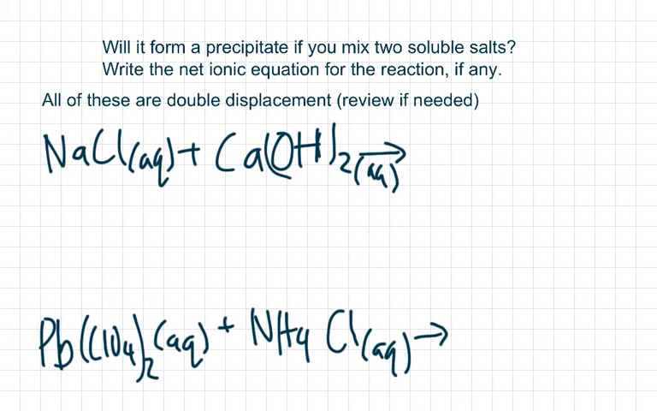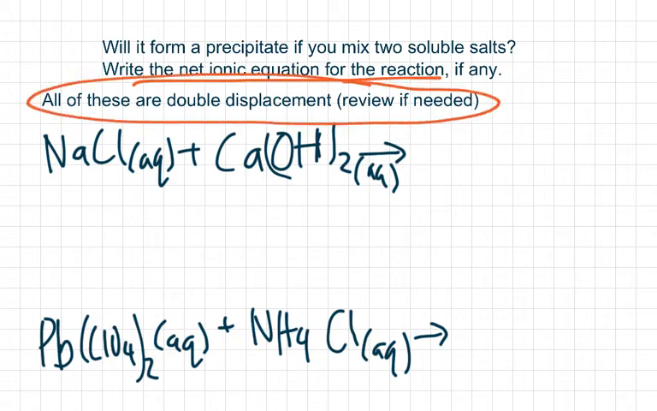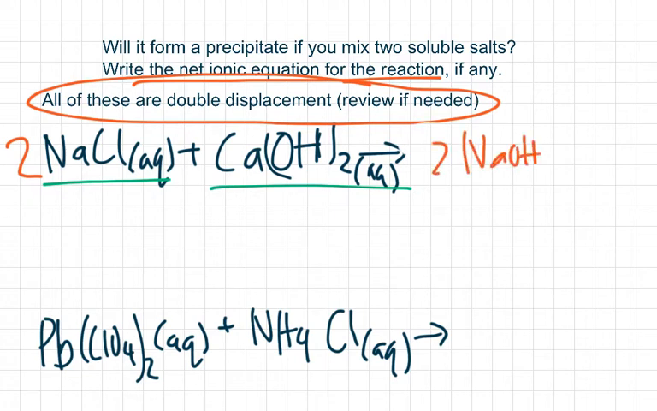Now, let's do some precipitation reactions, and let's write the net ionic equation for these reactions. All of these are double displacement reactions, so review those if needed. Let's do the double displacement reaction for sodium chloride and calcium hydroxide in solution. So we're going to have to balance things. I think I'm going to put a 2 here, and everything's going to work out from there. If we mix them up, we will get 2 NaOH plus